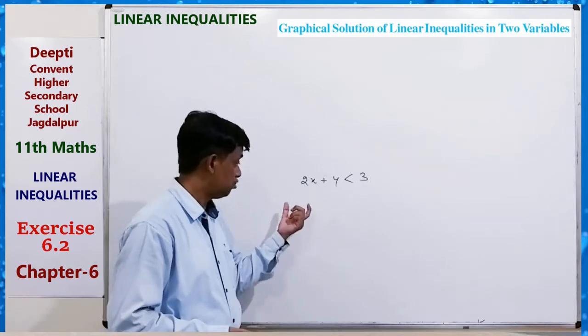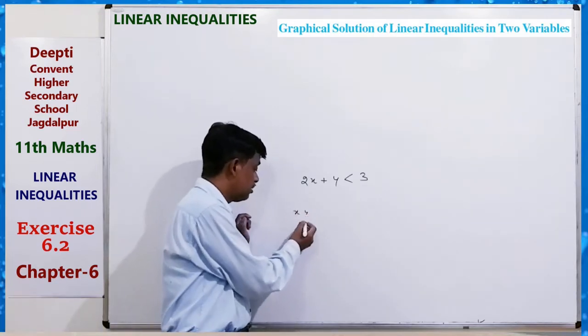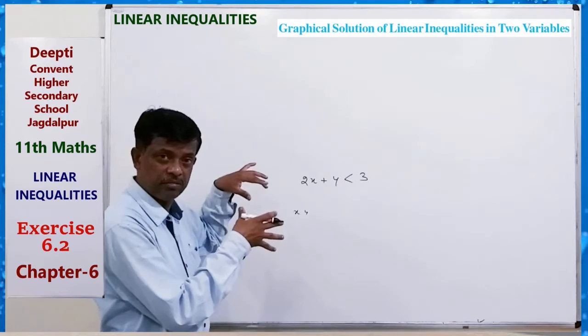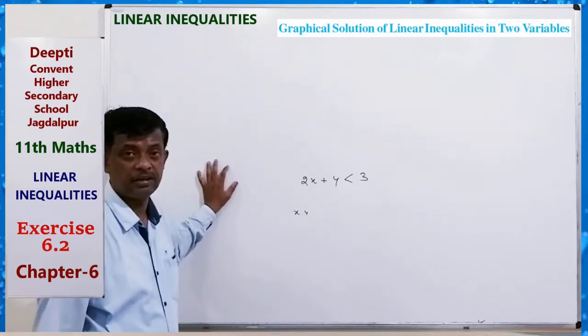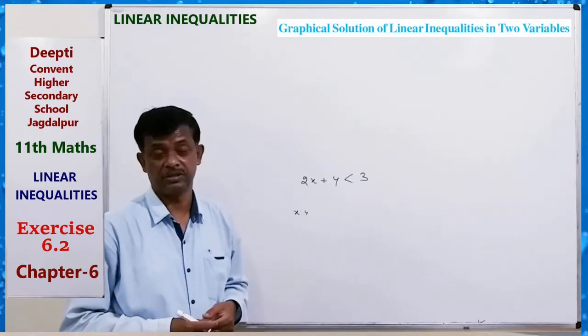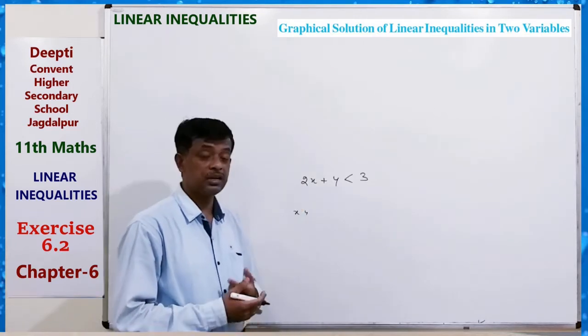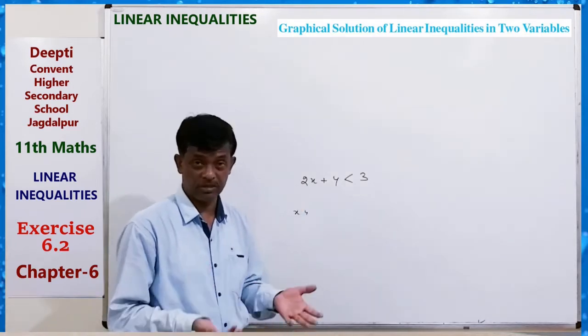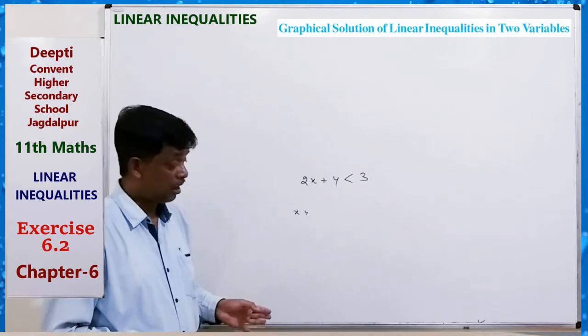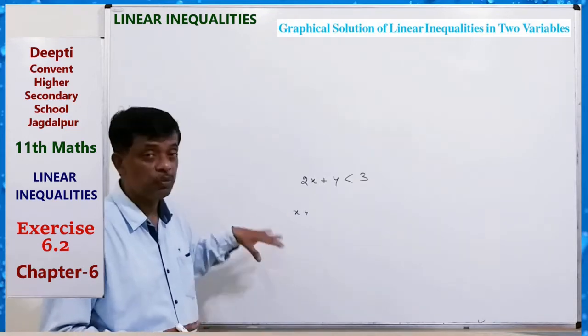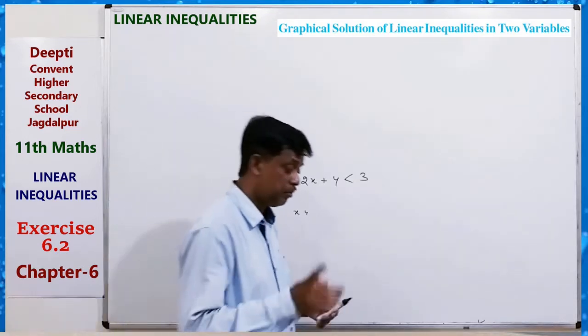But the values of x and y lie on a plane and there may be infinite numbers, so its solution will contain infinite points in a plane. How can we represent these points graphically? For that,